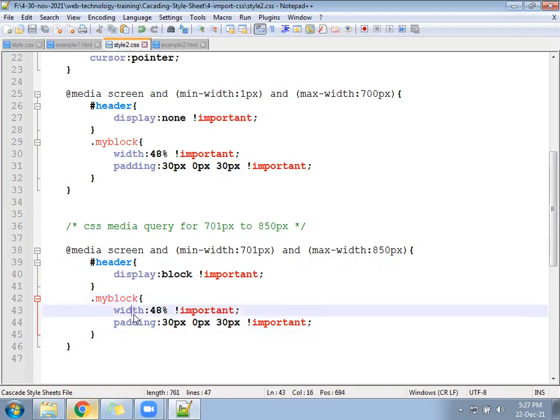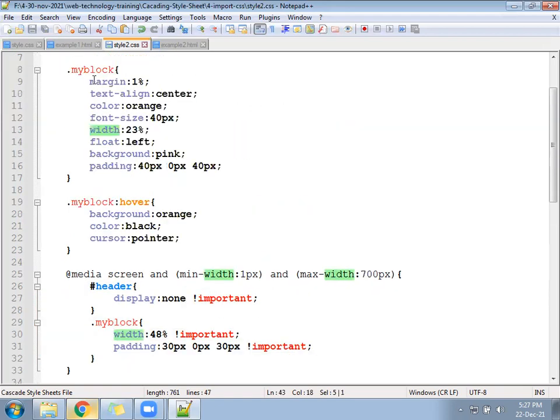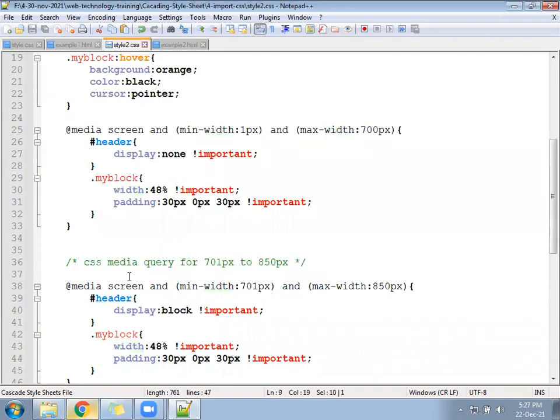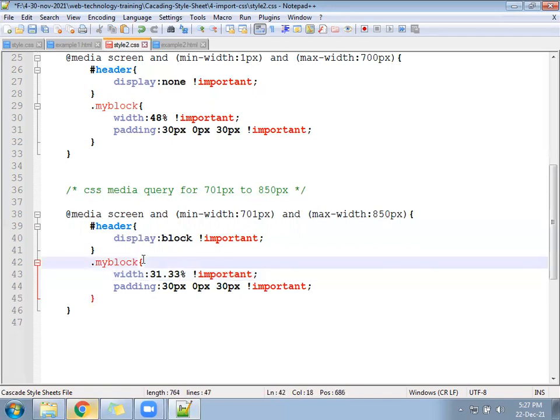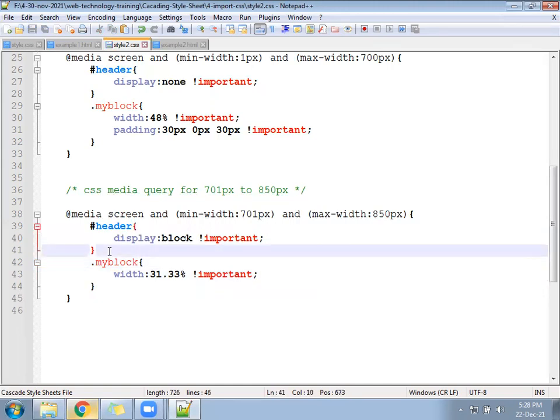So for 3 sections, 33.33% would be the width, but we have already given a margin, so you will write the width minus 2, which is 31.33%. That will be the width for each my block. And padding, if you want to increase, increase. If you want to keep similar, let it be similar and remove this. Okay, 701 to 850.